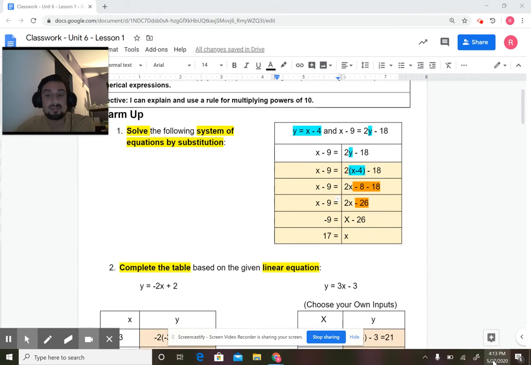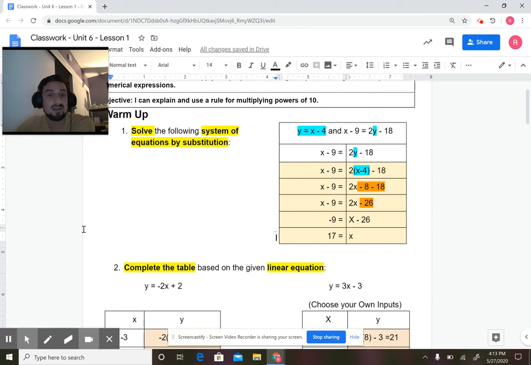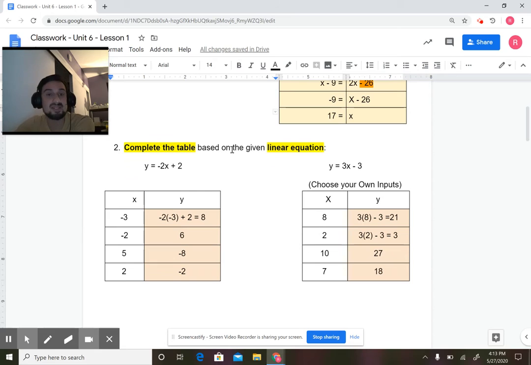Now for the next one, we have complete a table based on the given linear equations: y equals negative 2x plus 2, and y equals x minus 3. So you can see here, I have solved it for you, and here I've chosen my inputs. For you guys probably seeing it blank, and over here, I chose the inputs 8, 2, 10, and 7. Over here, it's negative 3, negative 2, 5, and 2. And so you're taking the input, plugging into your equation, and then getting the answer for your output,